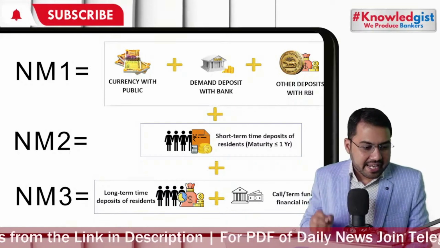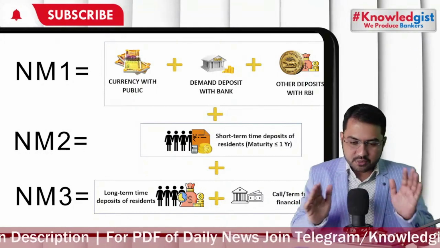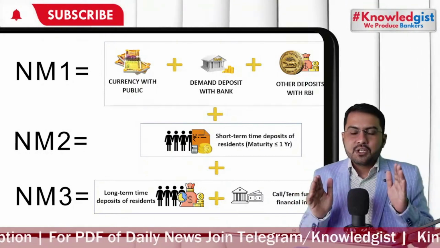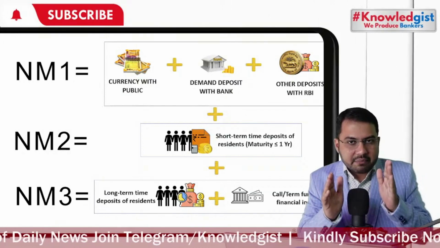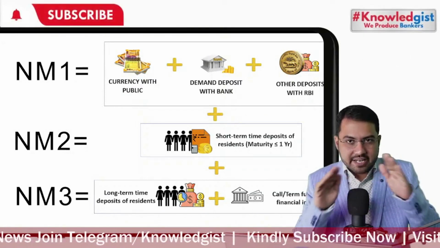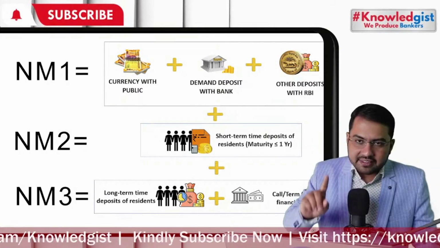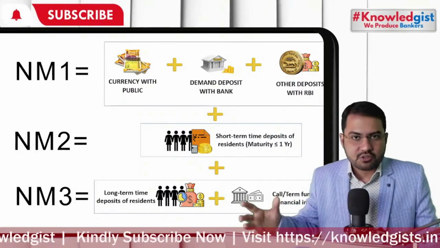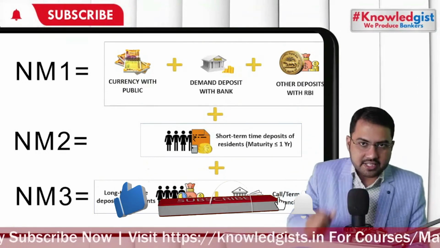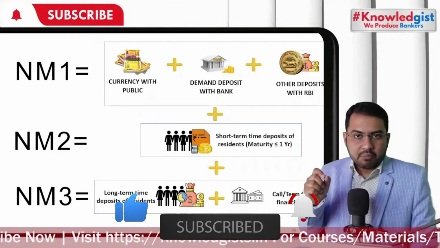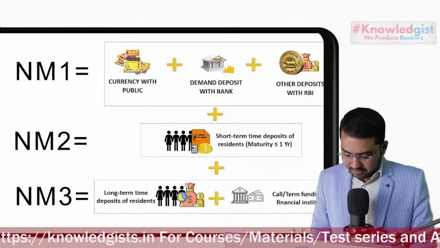Sunil Singh is asking, in M1, other deposits with RBI by whom? See, there are so many things. I told you what other deposit with RBI is. The deposit of Reserve Bank of India is divided into two segments. One is the deposit from the banks and the governments, and the second is the deposit from other sources. Other sources means deposits from other central banks, like the forex reserve, the forex asset, the financial asset from foreign reserve, and other deposits.